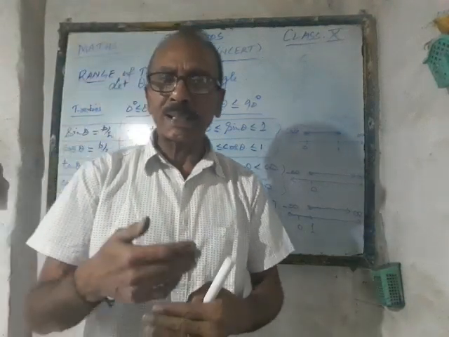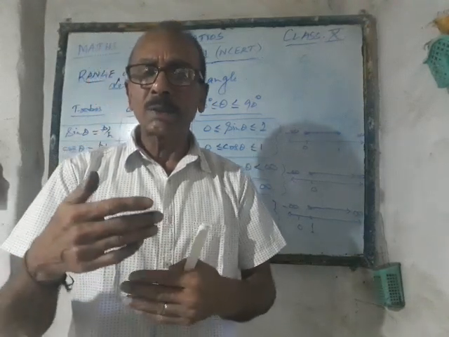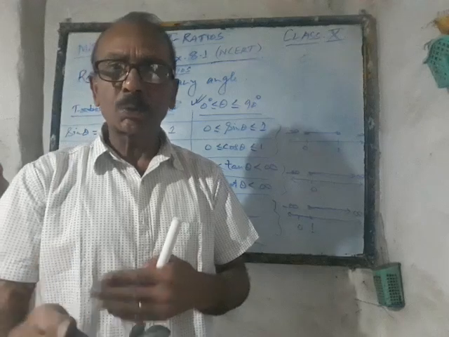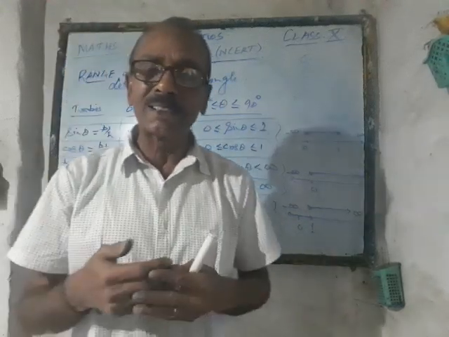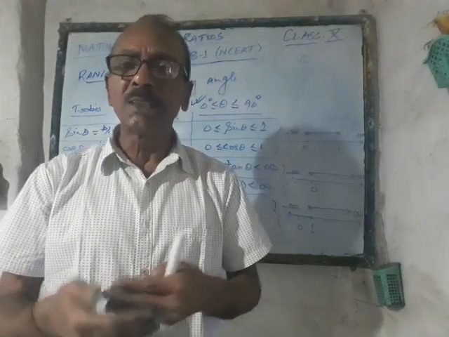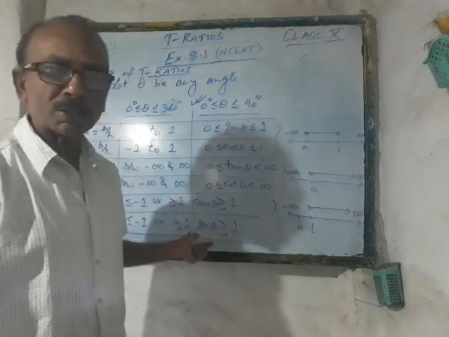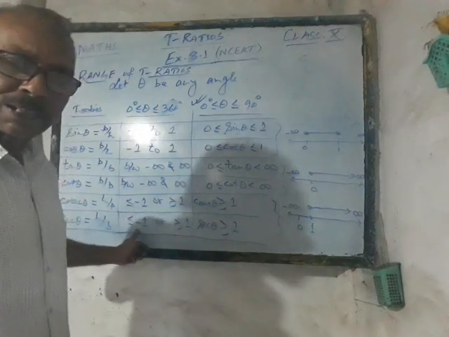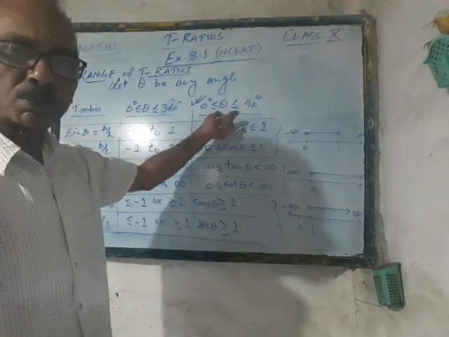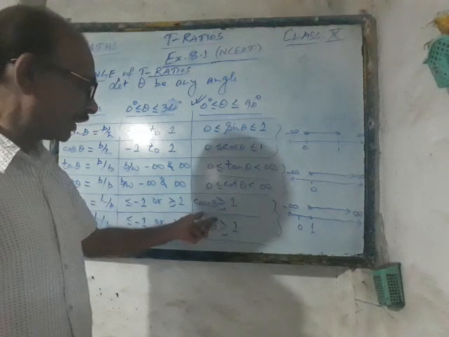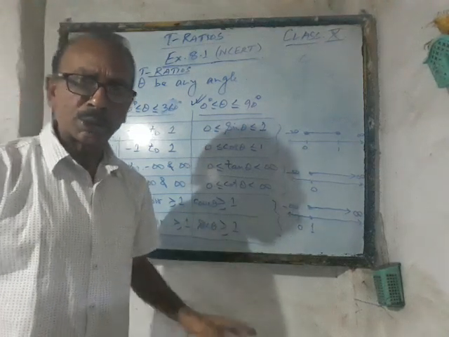And you know that sine and cos lie between -1 and 1, that means they do not exceed 1. Naturally, what will be the reciprocal of 1? If 1 by 2 is there, or 1 by 5, or 1 by 100, then what will be the reciprocal of that? 2 or 5 or 100, like that. So you must be knowing that sec and cosec are either less than or equal to -1 or greater than or equal to 1. But when theta varies from 0 to 90 degrees, the cosec and sec will have minimum value 1, the maximum value cannot be predicted.